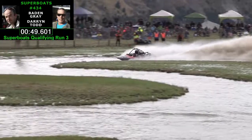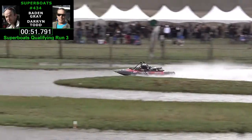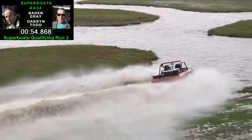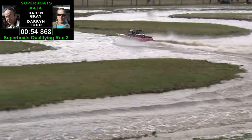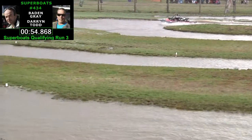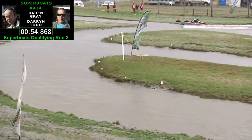So Baden Gray now in just the run for the home. Won't be as quick as he would have liked, but a 54.868. The next time we see this boat on the water, it will be with Aaron Hansen and Julianne Shanks